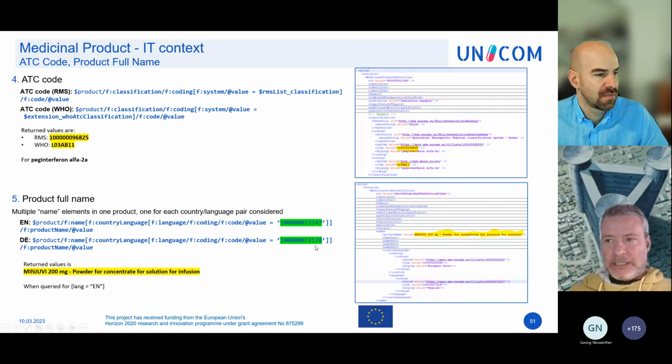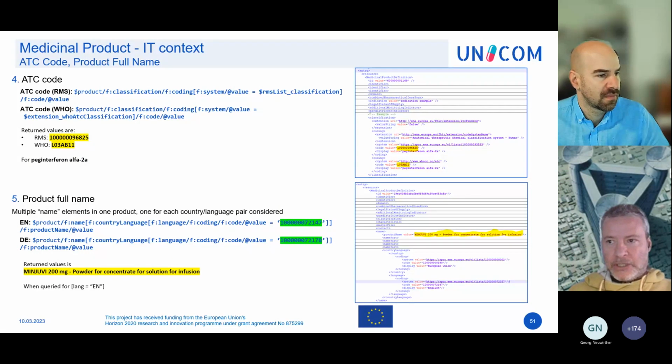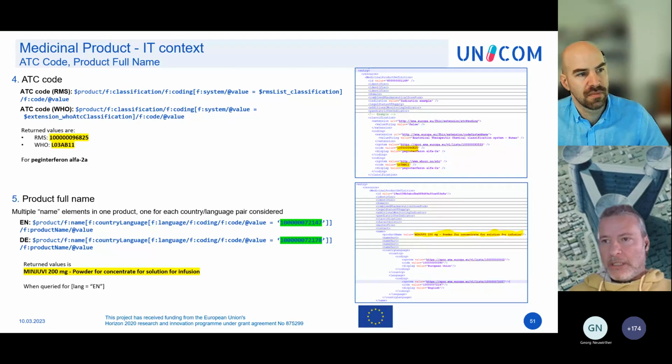The only thing that changes is the value attribute of the code element, of the coding element inside the language element. One is for English and the other one is for German. There is an RMS list in SPOR that lists all the languages and all the IDs for each of them. So in this case, if we make a query for English, the result is the one shown on the screen.